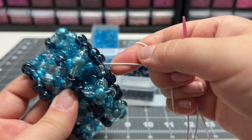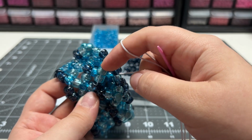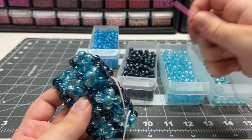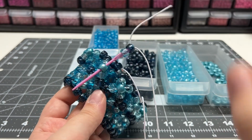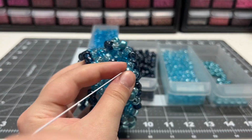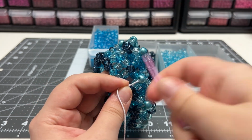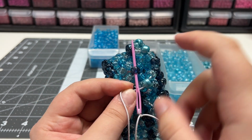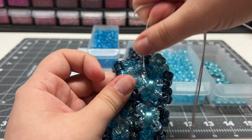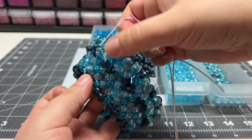Now, to continue, we are coming out of this contact bead on the top. We're going to add 2 beads and go into this middle bead here. 1, 2, and down through the top of that middle bead. There we go. Pull in tight. Add 2 beads, 1, 2, and go into that next bead over to add the bottom leg of that X, just like that. So we're going to repeat this all the way around the cuff until we have a layer